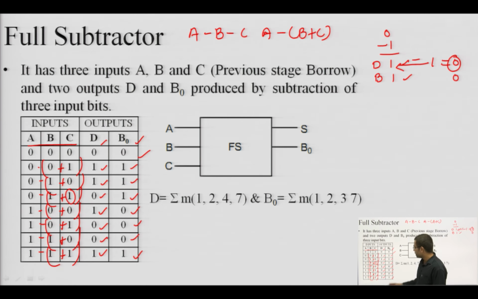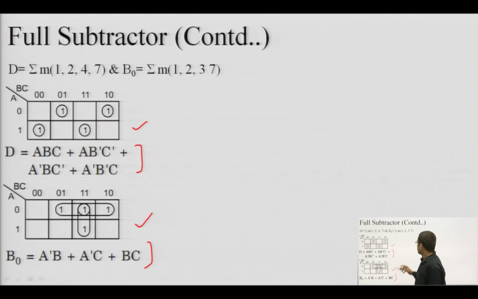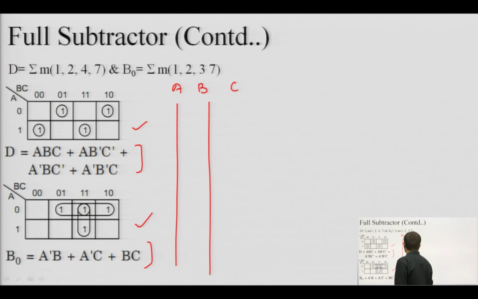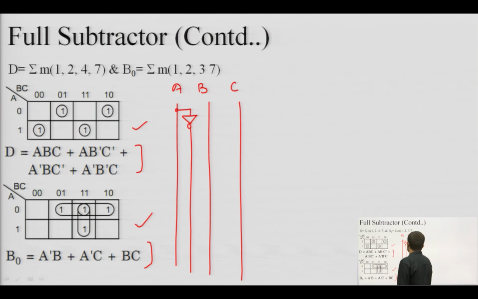So, in this way we have prepared the truth table for this full subtractor, and from this we can see that these are the expressions for the full subtractor output, difference and borrow. Now, these expressions can again be fed into a K map. This is the K map for the difference output and this is the K map for the borrow output, and after minimization we get these expressions. So, these expressions can again be converted into a circuit. So, again we can design the circuit with A, B and C. Negated versions are also required, so using NOT gates.